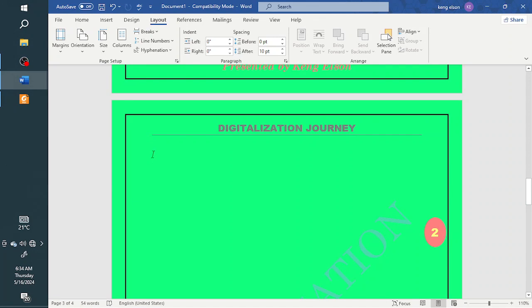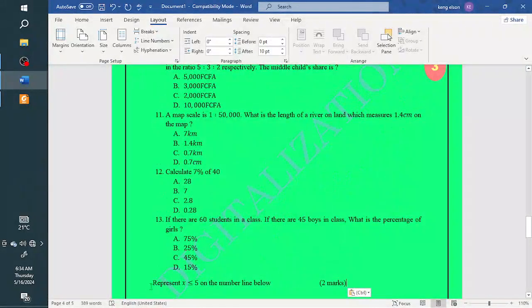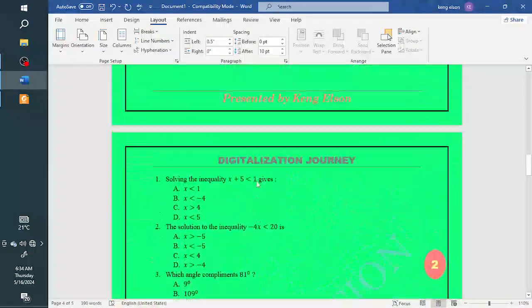So I've copied from one document, and you can paste into another document. To paste I can just press Ctrl V. That's it, I've pasted it. Now,